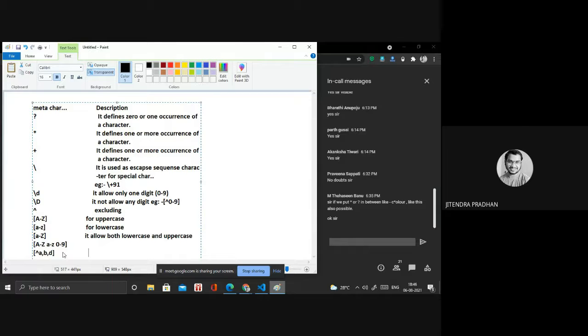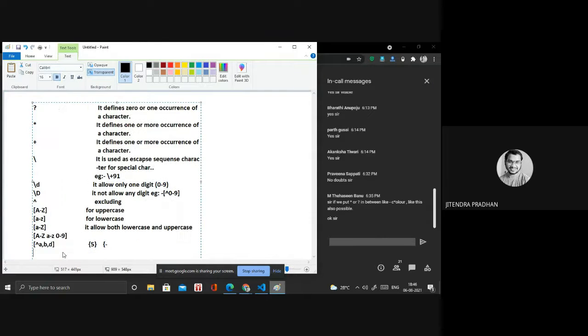If you want to allow exactly 5 characters inside that, you have to write 5. If you want to allow 5 to 12, then you have to write 5 to 12. It's 5 to 12.